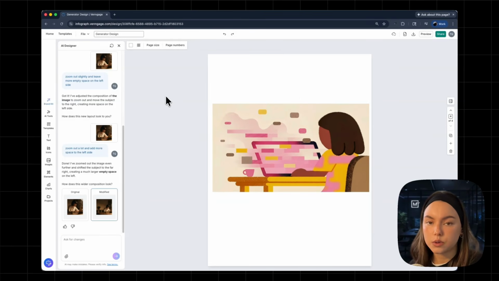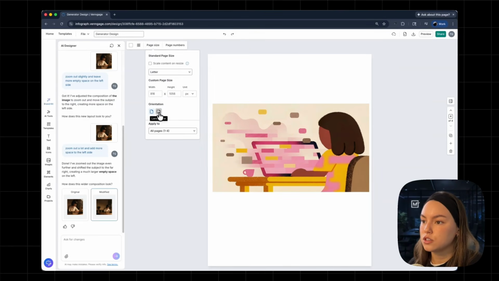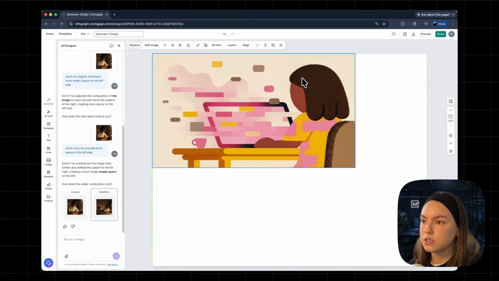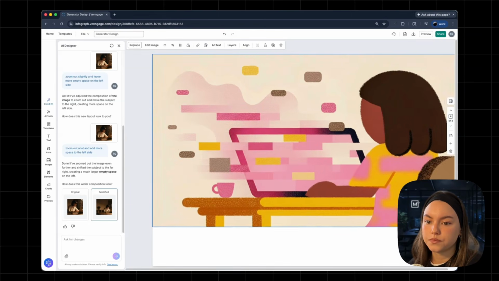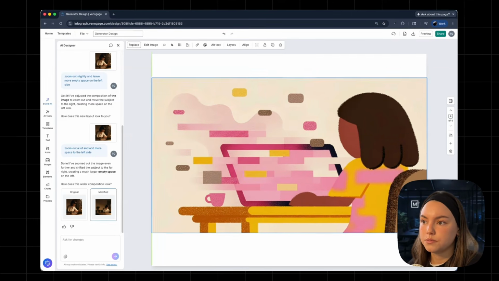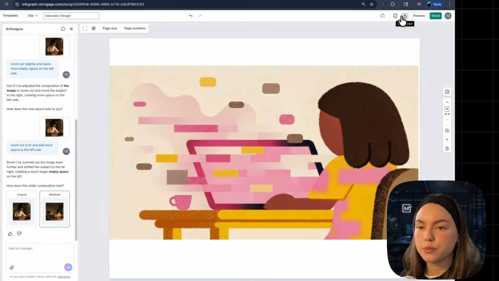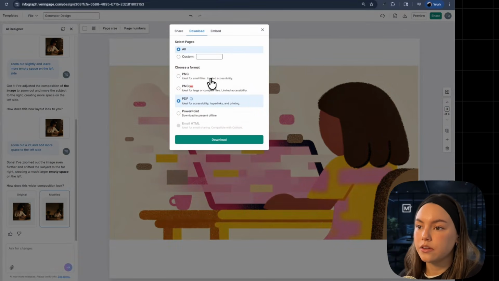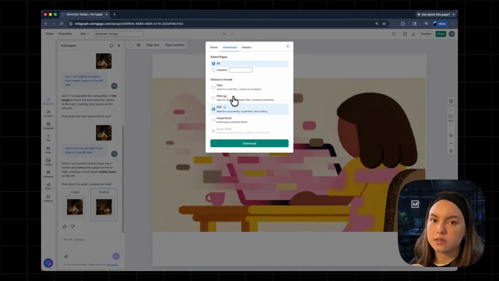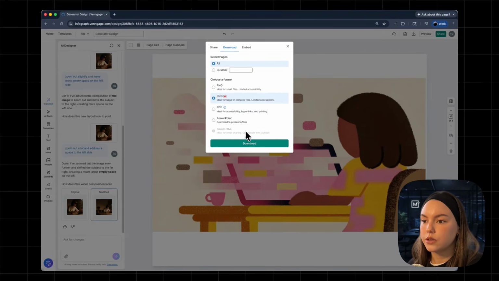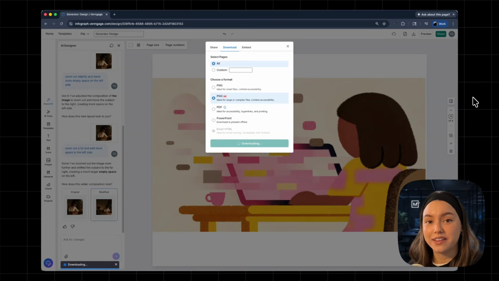So before I export it, I'm gonna change the page size to landscape so I can make this image larger. And I'll put this right in the middle, and I can go to this download button up here, and I could download it as a PNG or a PDF. You ideally want to download this as a PNG if you're going to be putting it on websites or emails or whatever other channels. So I'm going to download this as a PNG,